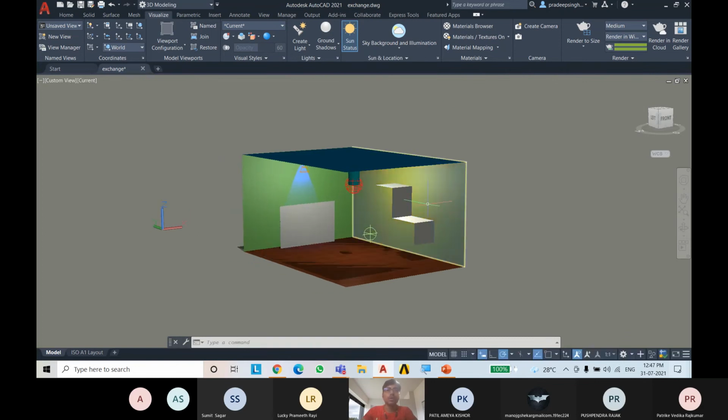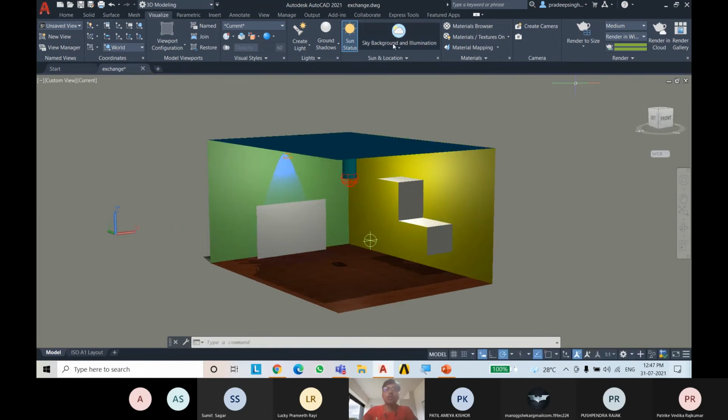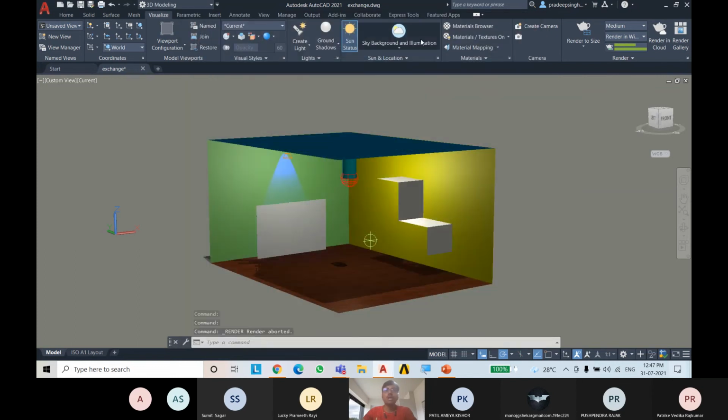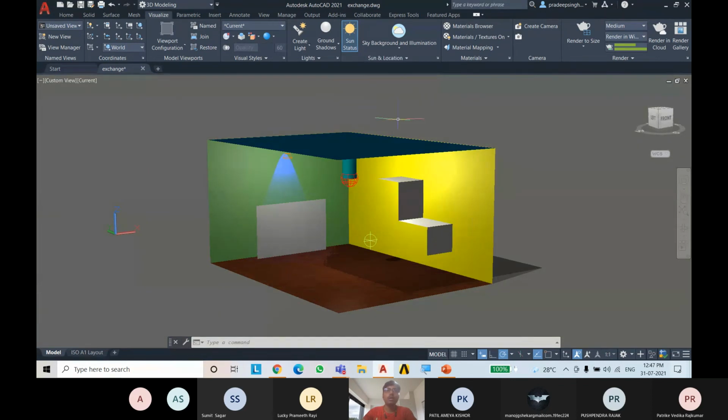So if we zoom this now, because of the sky background, it makes the background a sky stripe shape. So blue. So now you can see that this is some blue and this is white. So it's custom and pre-default. So if we want to show some sky type thing, we can use this sky background, and we can also change this location to make the background dark or something.